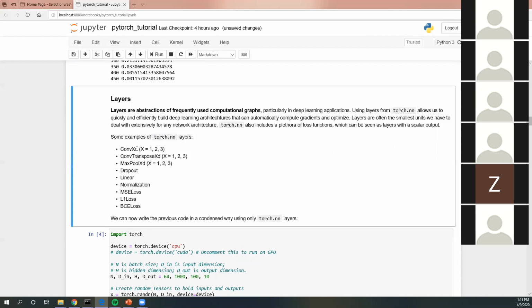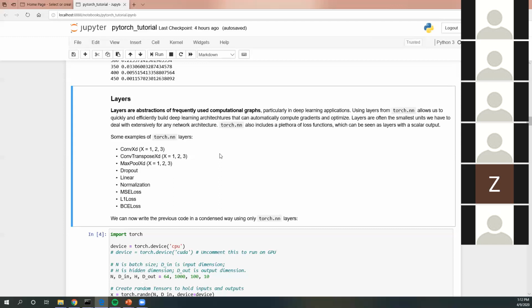In particular, if you do any amount of NLP or computer vision, you'll see a lot of convolutional layers, either one-dimensional, two-dimensional, three-dimensional. You'll see transpose convolutions. Yeah, wow, that took a long time. All right, so you're also gonna see max pooling, you're gonna see dropout, you're gonna see linear layers. Linear layers are pretty basic. And also it will allow you to do losses. So you can have the MSE loss, you can have the L1 loss, binary cross entropy loss. You can have any loss you want. There's a list, but you'll have to go to the documentation to reference something like that, right? But it gives you a lot of options, and you have very nice building blocks